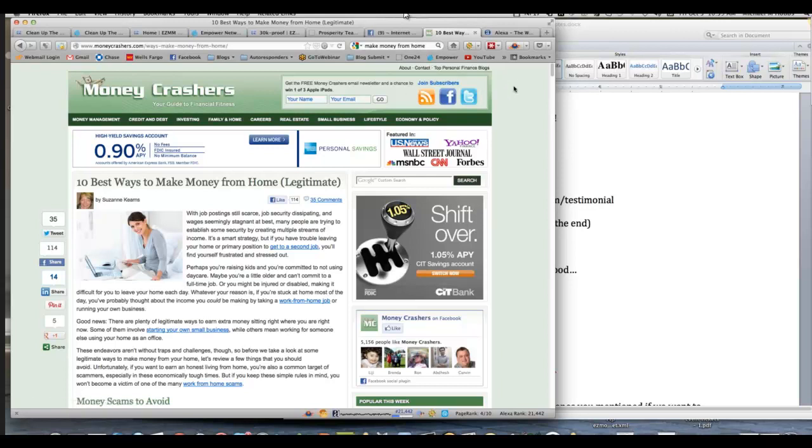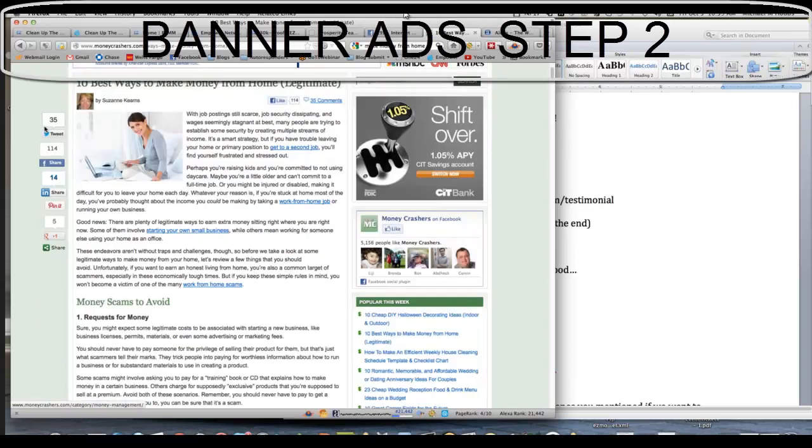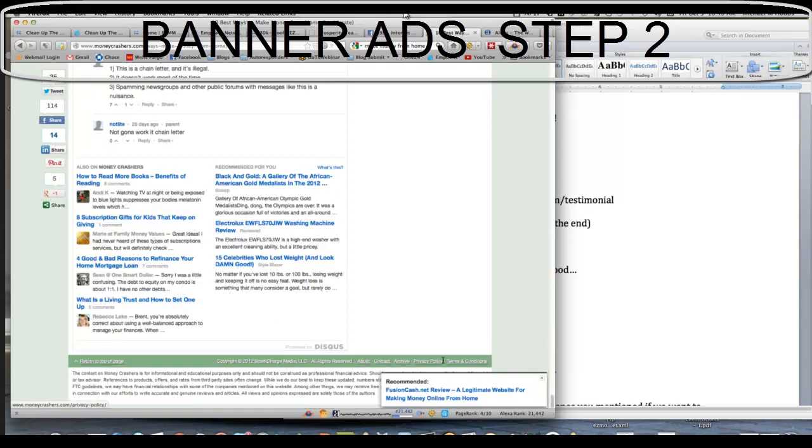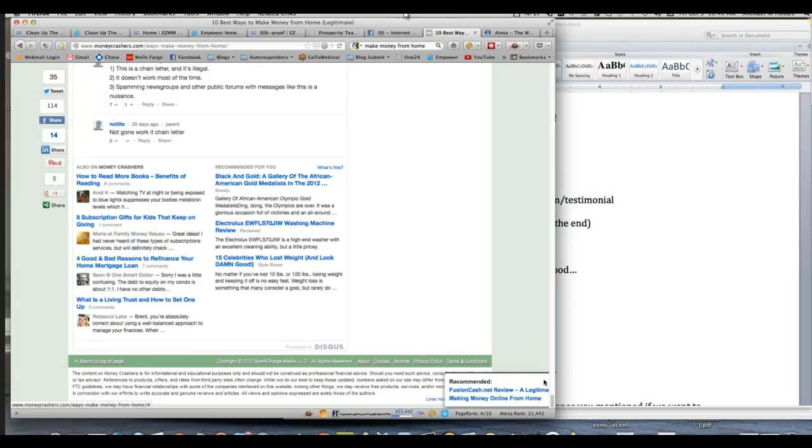So there's a couple ways to do this banner. You got to look at the very bottom of the website and look for something that says advertise. Sometimes they don't have it in plain sight. You can go to the about section and see what they have.